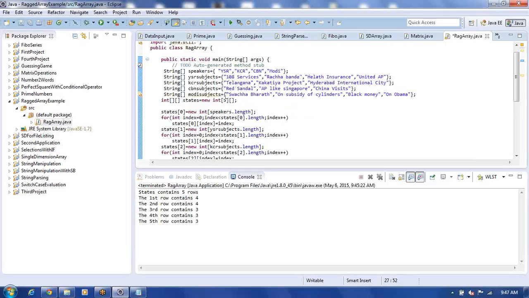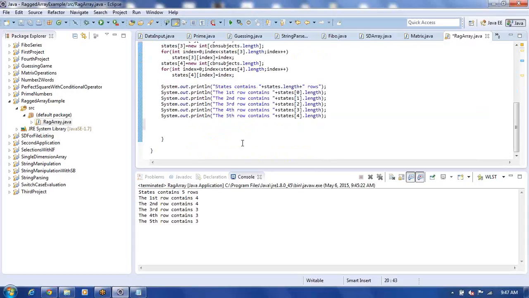When it is 0 index, from the first element you have to retrieve. When it is 1, from the second. When it is 2, from the third. When it is 3, from the fourth. When it is 0, from 1 we have to take. When it is 1, from 2. When it is 2, from 3. When it is 3, from 4. Like this, it should be working for us. So always in the first row we print the speaker name. In the second, third, fourth and fifth rows, we print the subjects they are speaking. So let me use here